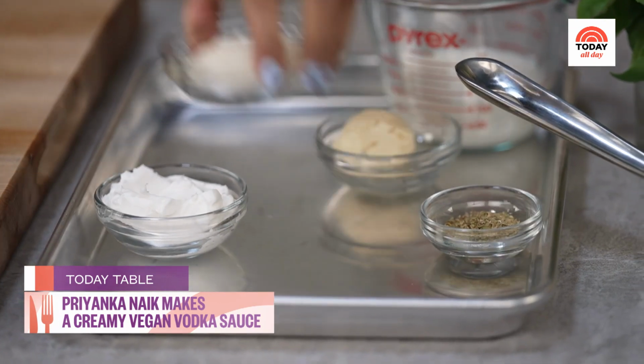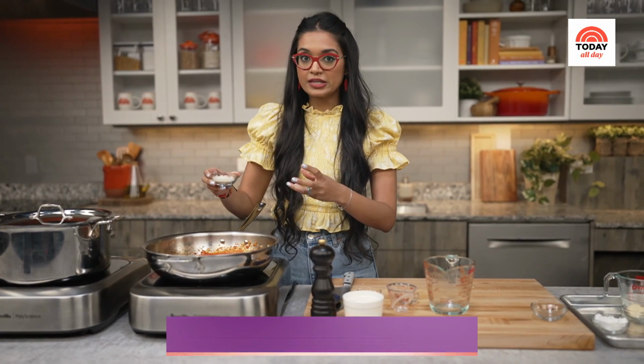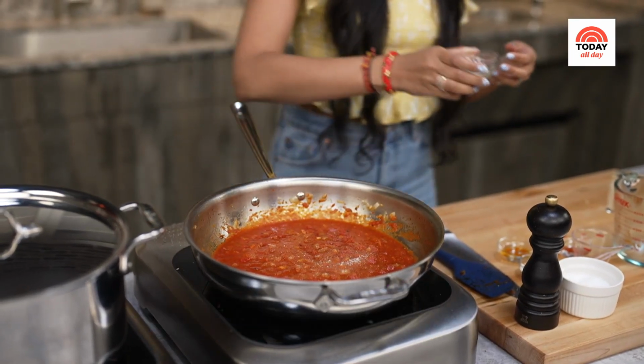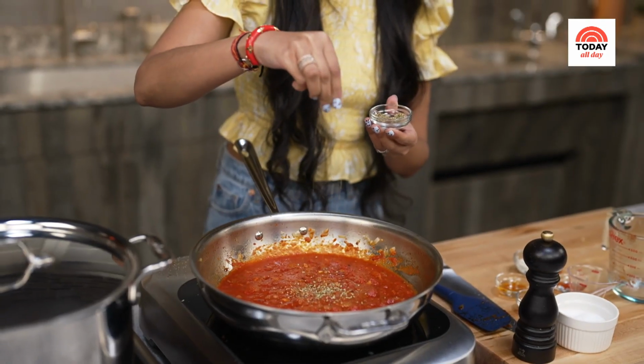We're going to go in with a little sugar. Now, don't hate on this. This is really going to help balance the flavors again. There's a lot of acidity in the tomatoes, and then we also have a lot of spice, so the sugar is going to help round everything out. As well as some dried oregano. So I actually like to take this and rub it in between my fingers to get the oils in the